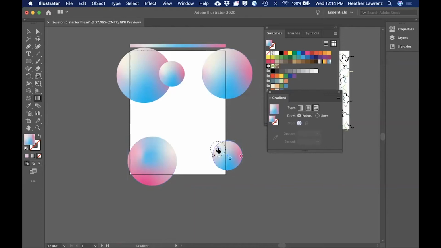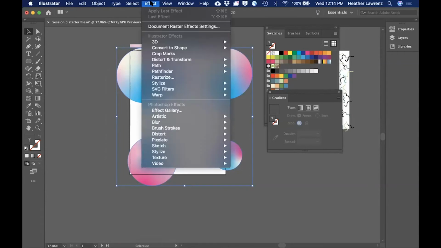And so just moving these around so I get some really interesting different interaction with them. So even though I've really used the same gradient, I've changed how those look. So the next kind of thing that I start thinking when I'm using these geometric shapes is, do I want these to be solid forms like this? I think that can be interesting, but there's other tricks that you can do to change the overall appearance. So I'm going to select all of these together, and I'm going to go up to Effect